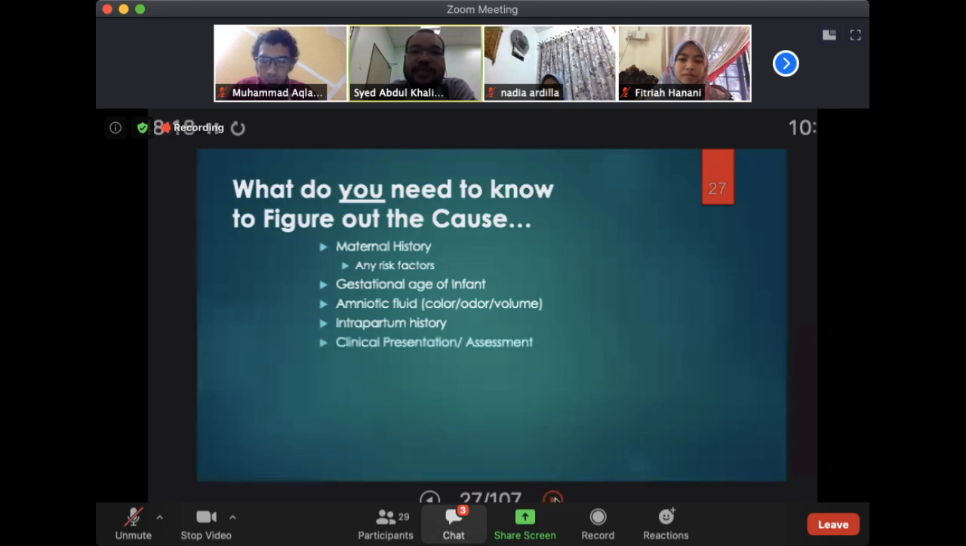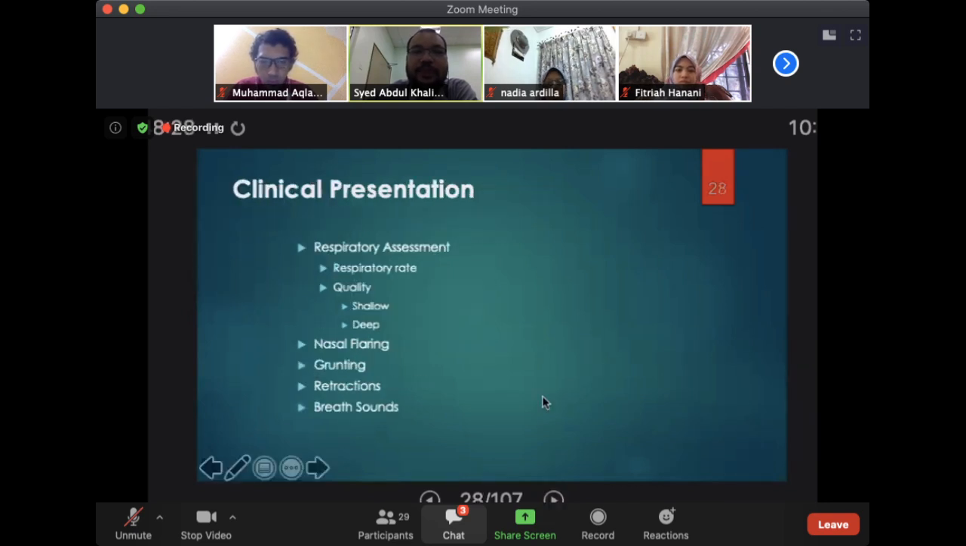Clinical presentation of the baby and assessment at birth, you can know, and then chest X-ray as well. We've seen several chest X-rays, and then the lab evaluations, which we'll see later. Okay, and then